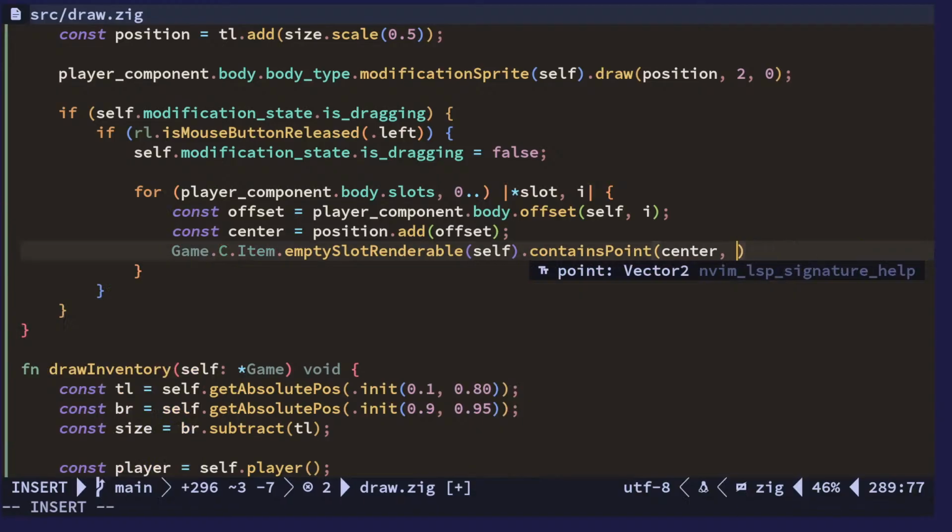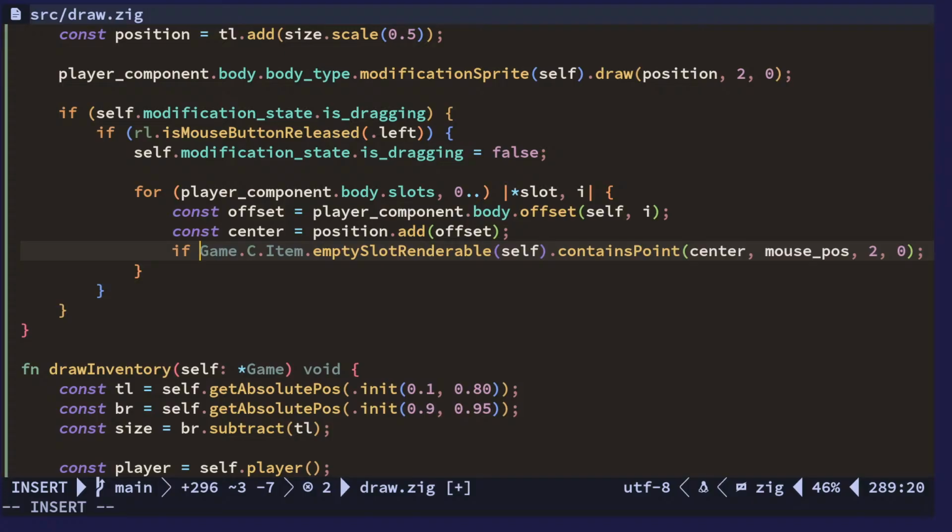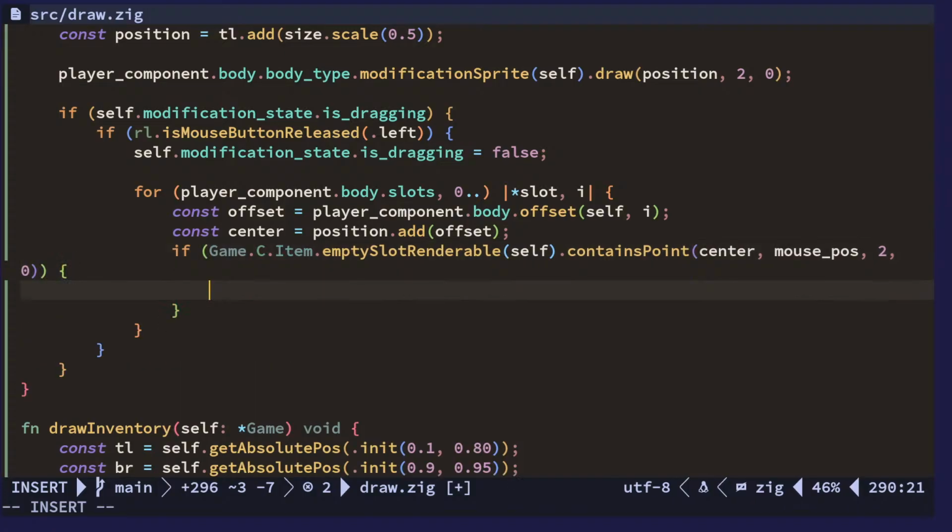Point is gonna be the mouse point or mouse position. Scale is 2, rotation 0. So if we contain the point, now we should either swap out the item that's in and fill the item in with what we had. Well, actually we could just say